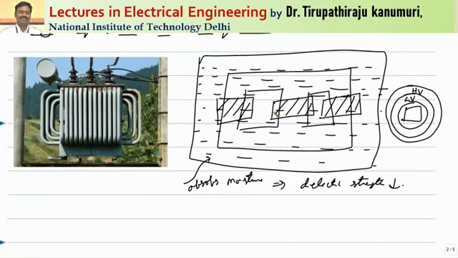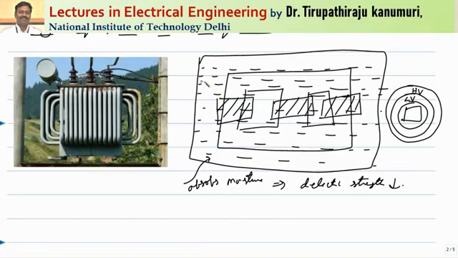So the insulation between two turns may become brittle or absorb moisture with respect to time, and because of that the leakage current will start passing. That leakage current we can call interturn faults. Between two adjacent turns some leakage will be there, but this leakage cannot be measured by the differential protection, because the leakage is not going to the ground, it is only leaking between the turns. In the external circuit the current will be the same, so that cannot be detected by your external circuit or the differential protection. So this should be protected by some other means.